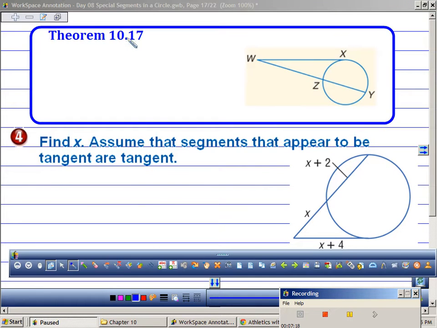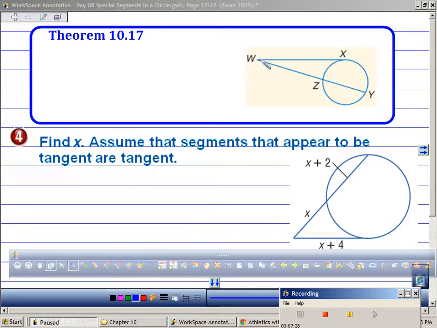Okay, so theorem 10.17. Just like the last one, we have an exterior intersection, but this time we have a tangent and a secant. Well, I can't multiply WX by anything, right? So we're going to start with this secant, WZ